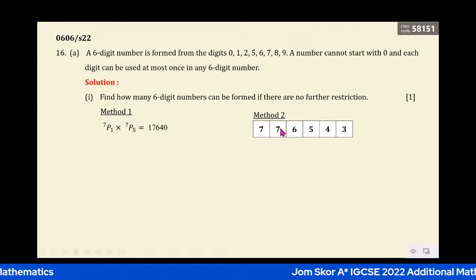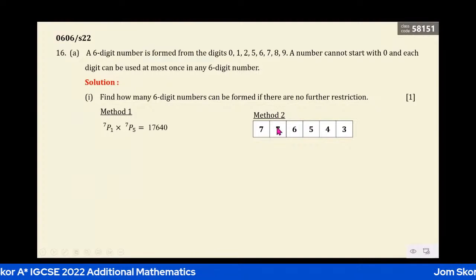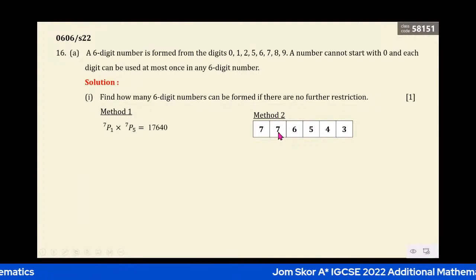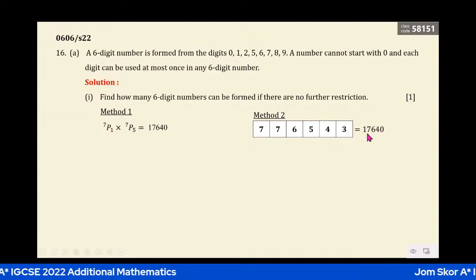Okay, for the next, alright, so you have another 6. Satu dah masuk sini. So you have another 6. Tambah dengan 0 tu pun boleh jadi juga pilihan dekat sini. So you have 7 choices. And then after that, you have 6 choices, 5, 4 and 3. So you multiply all this to get the answer